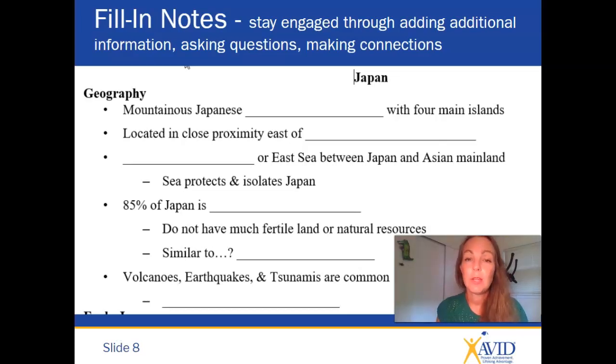So you need to make sure you stay engaged by adding additional information that the teacher tells you, because they're going to have you fill in the blanks and then they're going to tell you other important things. So you should write those on the side. You could ask questions and write them on the side. Either things that you find interesting you want to look up later or things you're confused about you want to ask the teacher about later